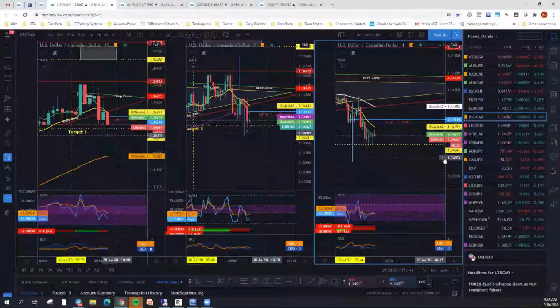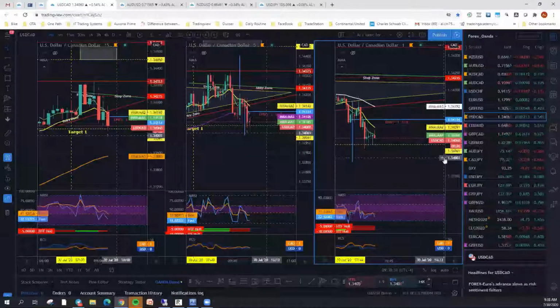Well, one thing I've learned a long time ago is you don't try and pick the top and you don't try and pick the bottom. You just let the charts tell you where to go and just take a little bit on the way up and on the way down. Exactly. You try to get the top, probably not going to make it.